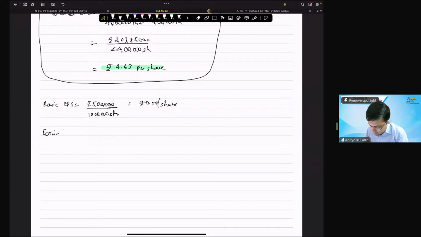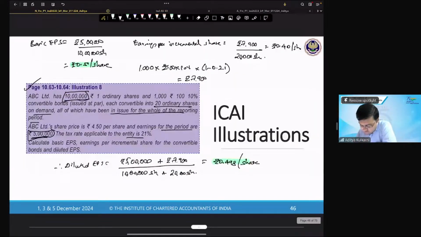Now, what is being asked? Earnings per incremental share. What does incremental share mean? For every extra share that will be issued, what will be the EPS implication? Okay, so that is equal to